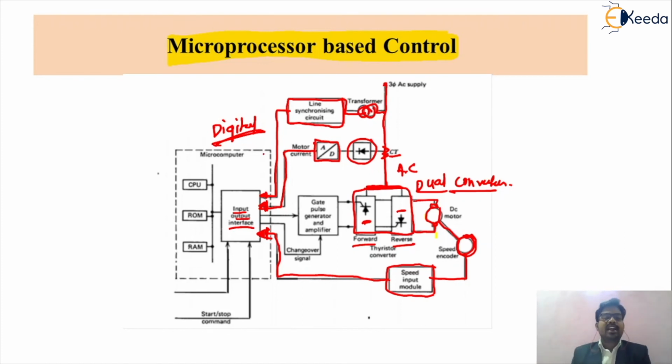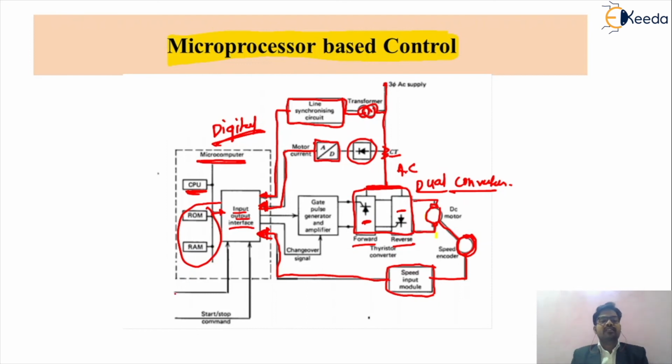Now friends, we can understand what we mean by the microprocessor. This microprocessor or microcomputer has its central processing unit, in which various processes are carried out. Then the memory of the microprocessor is read-only memory and random access memory. From the memory side, the microprocessor will get the different values of the speed sensing in the read-only memory and random access memory, and depending upon that, it will change. It's the memory status file.